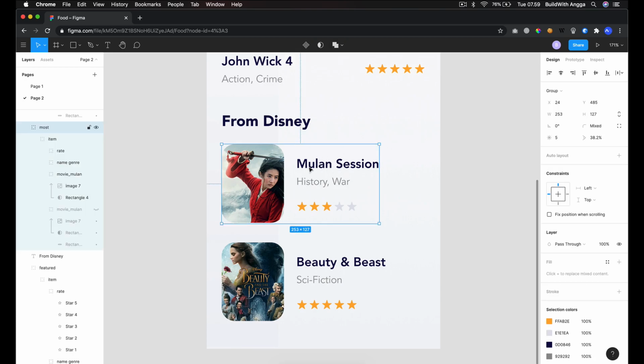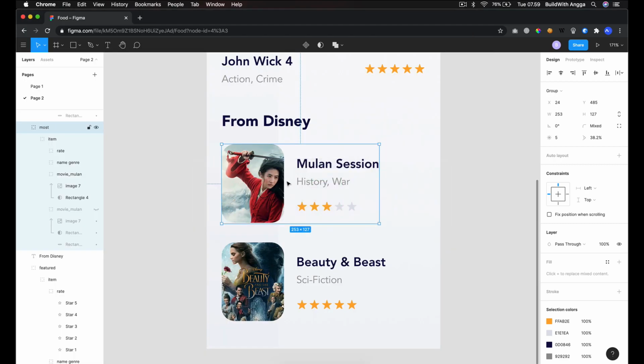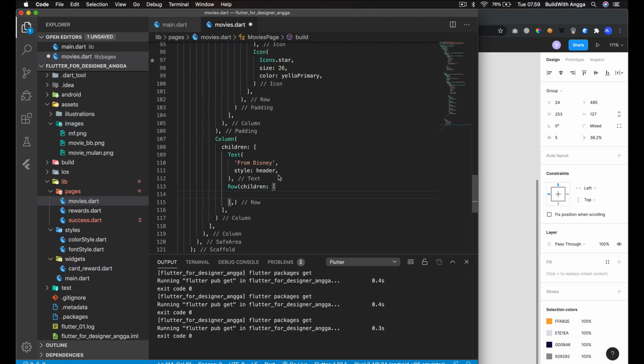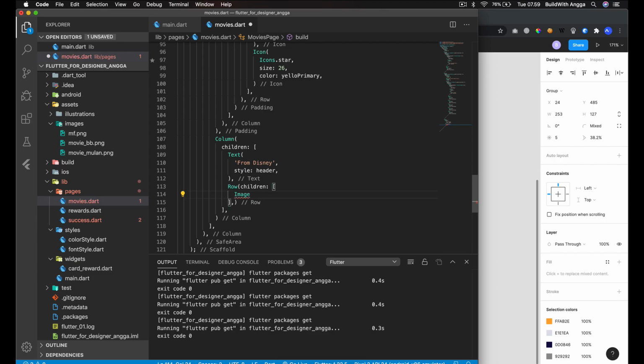We need this row. Okay, so after this text we need a row with this children. First we need an image, asset, and then assets images, movie mulan.png.